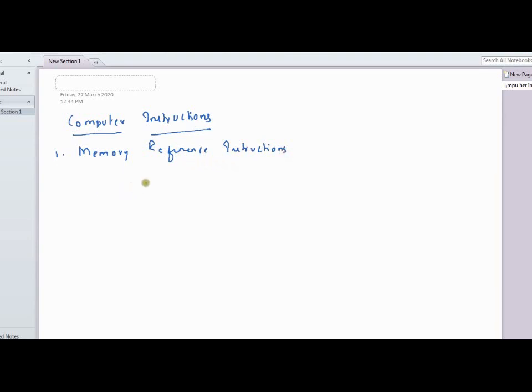Let us see the instruction format for this memory reference instruction. Memory reference instruction means the instructions which involve memory operands.